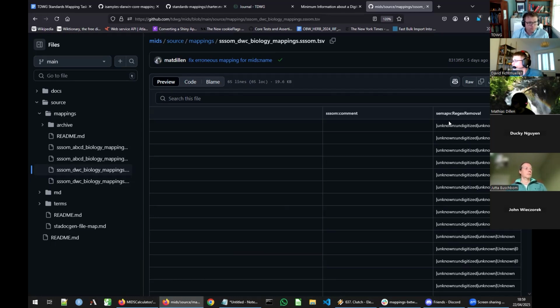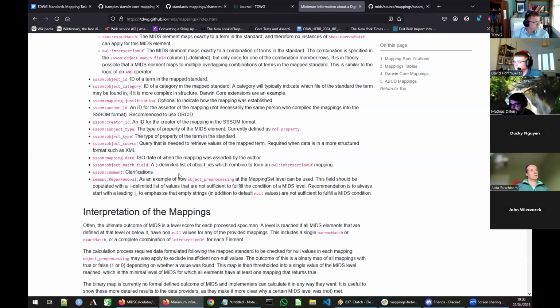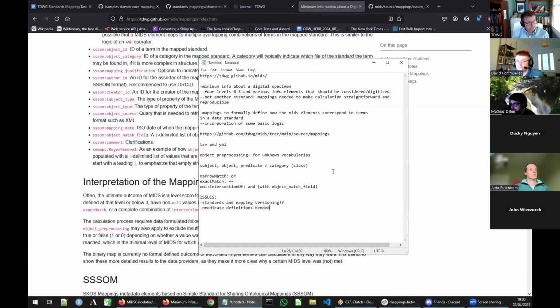We've made a basic one here, which is mainly always the same terms, including just an empty string. But we have, for instance, in this case, a non-acceptable value of 0, which we use for a scientific name ID, because that is the value that GBIF uses in their vocabulary for an unknown name. And we could extend that for different properties as well. So this is the way that we've adopted some of the SSSOM vocabulary to model this for the MIDS standard. And going back to here, I think those are the main points that I wanted to make.